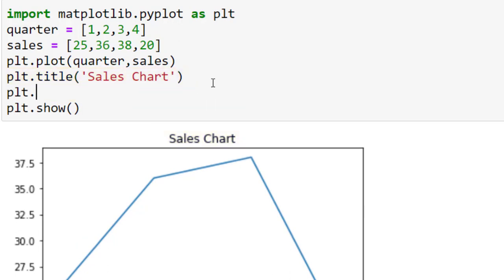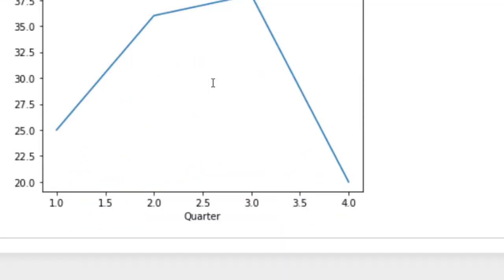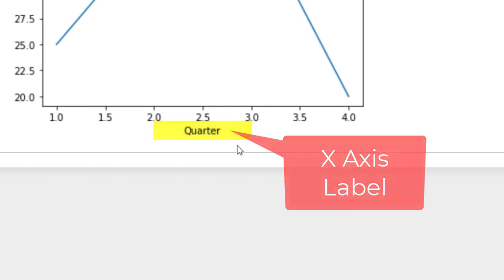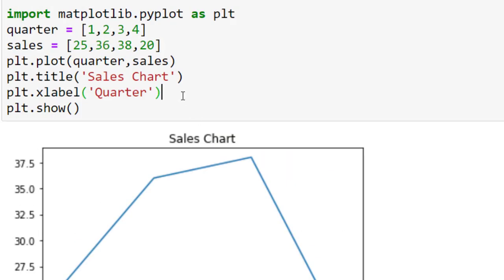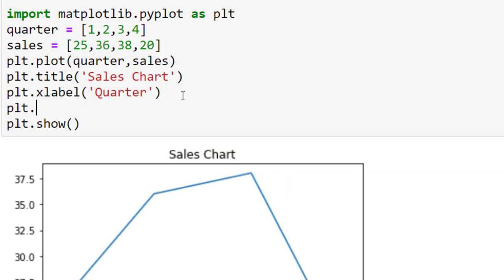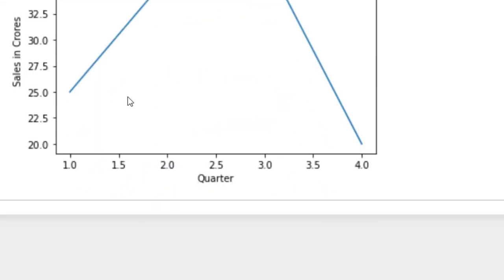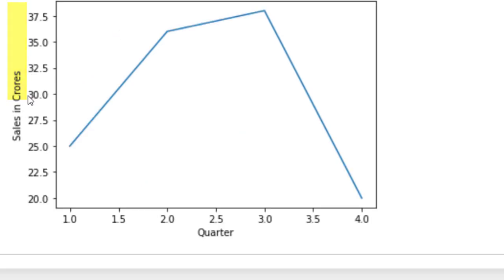Then I have plt.xlabel, and in xlabel I write quarter, and when I run this, you see quarter on the x-axis. Then I write plt.ylabel. I say sales in crores, and I see over here sales in crores.